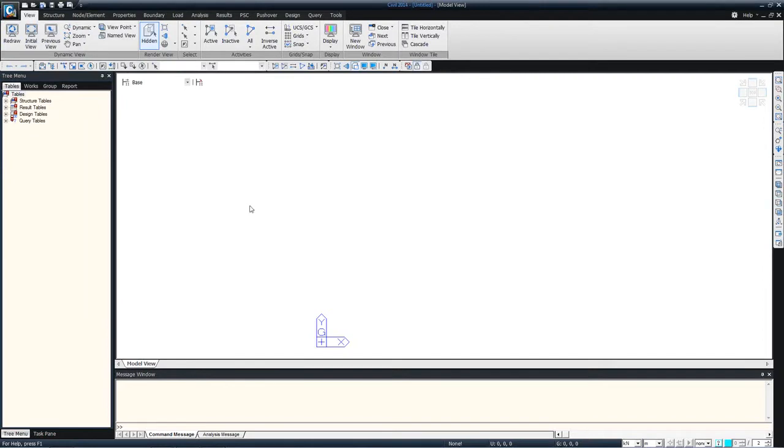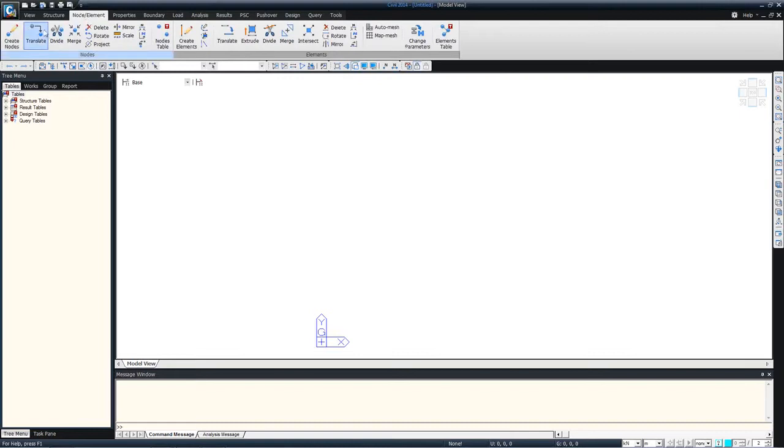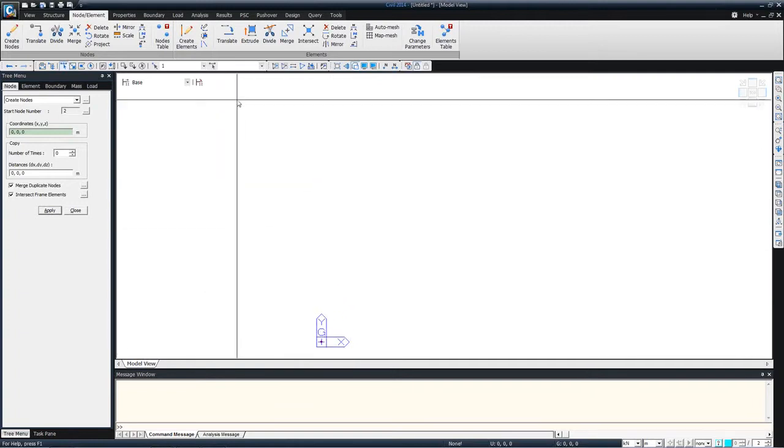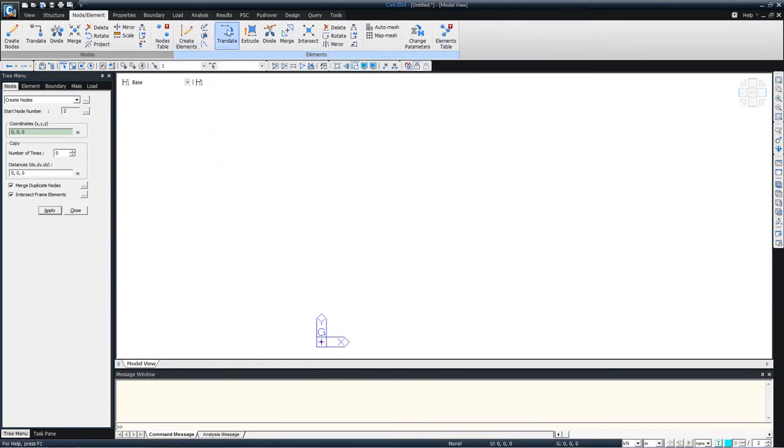Right, so I'll start with first of all a simple node at the origin. So I'll use the node element command, create nodes 0 0 0 and apply. So a node is generated here. Now I want to model a skewed deck. So what I will do is create a transverse line which will represent the reference line for the skew. So I'll use this node, select it. The selection tools are similar to AutoCAD. So selecting this and extrude,